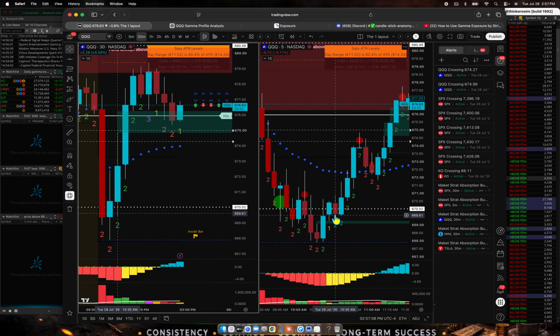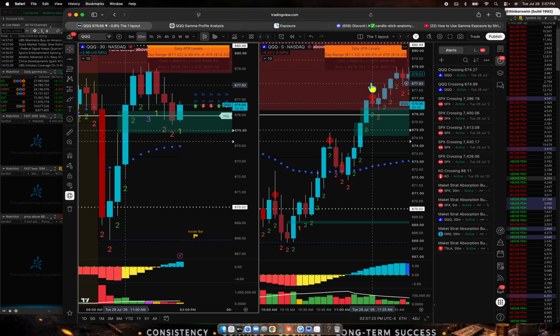Positive gamma, as I said, selling the rips, buying the dips. Dip back down, they bought it back up, sold the rip up here, dip back down, bounced off of VWAP, they bought the dip right here, pushed price back up, sold the rip, bought into this fair value gap right here, pushed price back up,